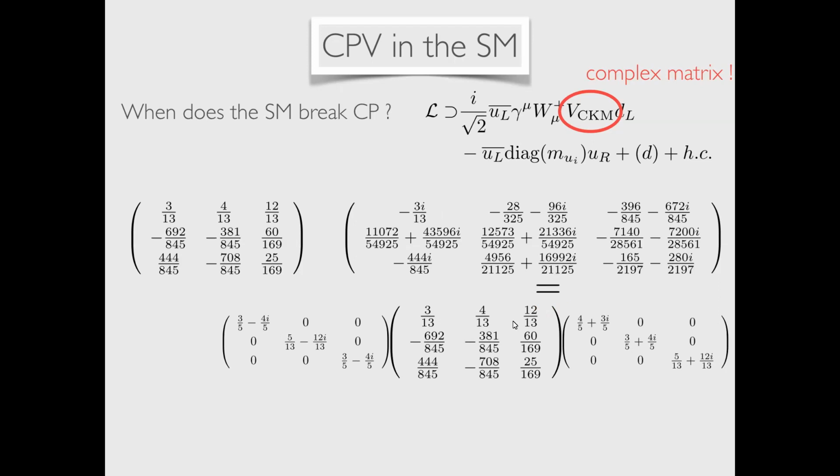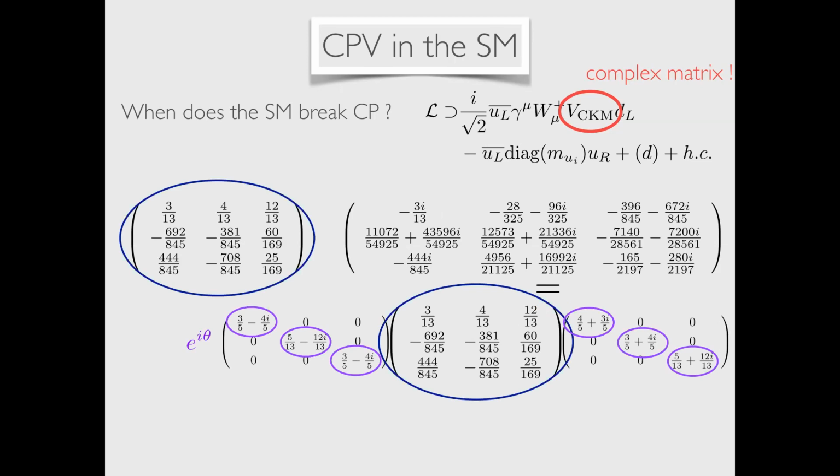For instance, this matrix is equivalent to the previous one I wrote up to these diagonal phases. And that makes it such that all the imaginary parts I see are actually fake. They can all be absorbed in the field. And the proper way to ask this question is not to look at some imaginary parts in the matrix, but